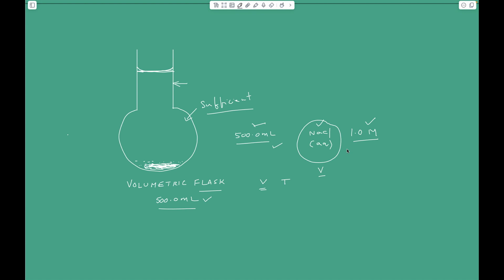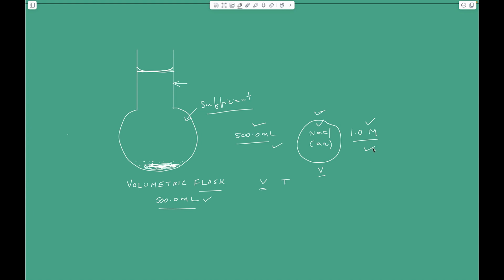So I don't care about the mass or volume of solvent required to prepare a solution of required molarity, because all I am interested in is the amount or the number of moles of solute present in the solution